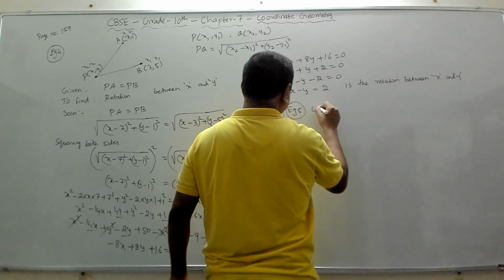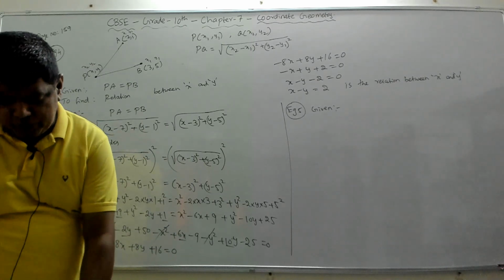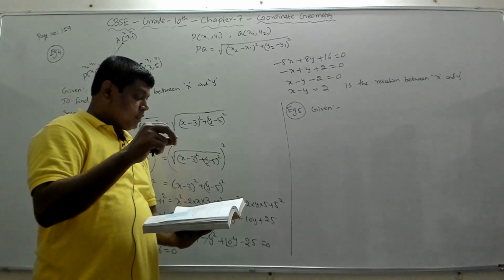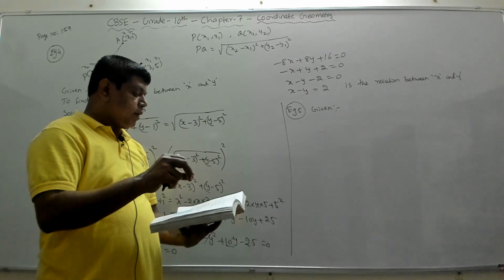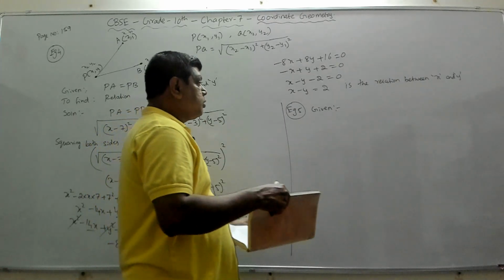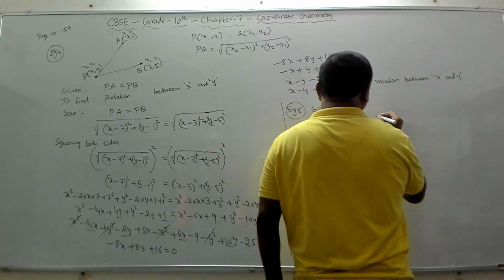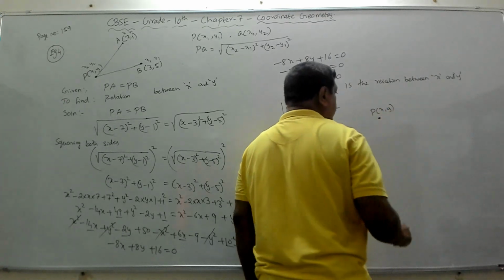So what is given? Given in the question is, we have to find the point on the y-axis which is equidistant from the points A of 6 comma 5 and B of minus 4 comma 3. So we have to find the point on the y-axis. Suppose this is the point P of x comma y